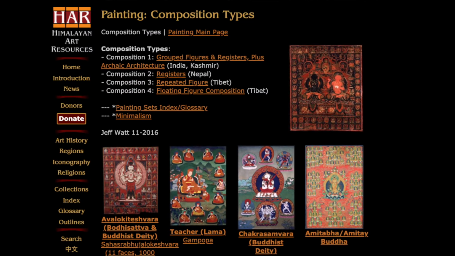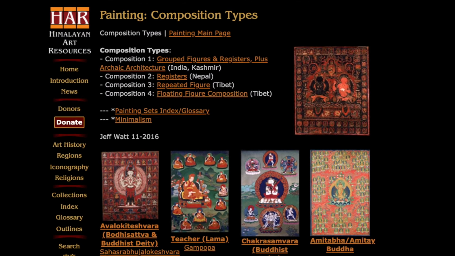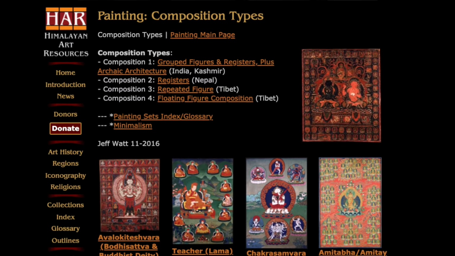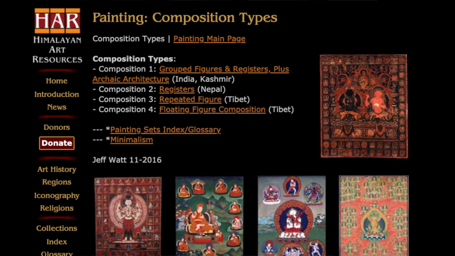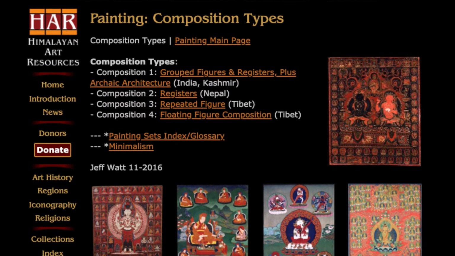The topic here is the four composition types in Tibetan painting, Tibetan murals, and scroll work generally. There are four types. The first is grouped figures, and this, again, like other things, goes along in a kind of chronology. So we have grouped figures, registers, repeated figure, and floating figure composition. We have these four. The first of these, grouped figure composition, really derives from Indian painting styles, Indian painting